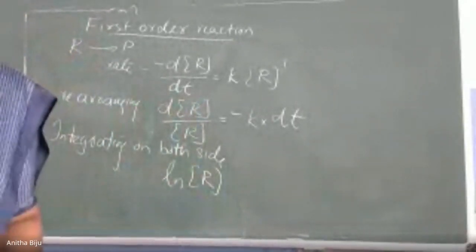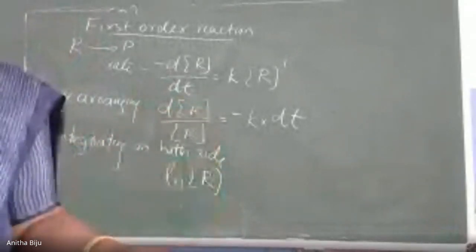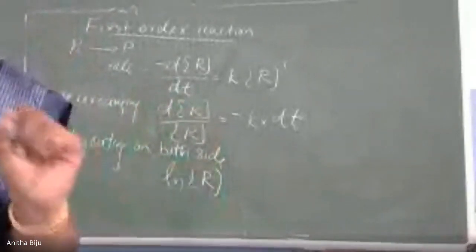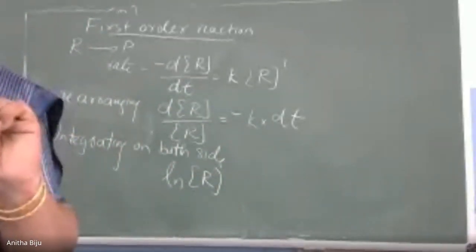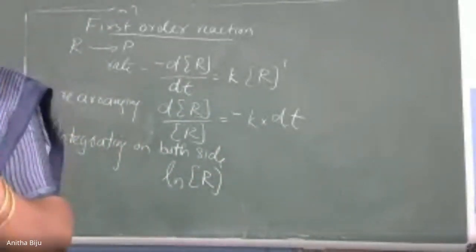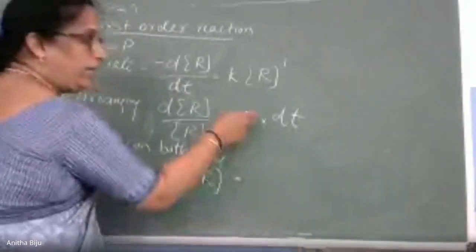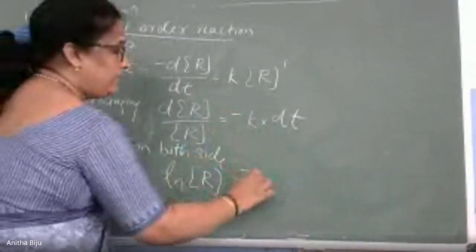Heard about this? No. I will tell you. ln simply means logarithm to the base e. e is the exponential e. So logarithm to the base e is called ln. Okay. So ln r is equal to this one that we have already done, minus k